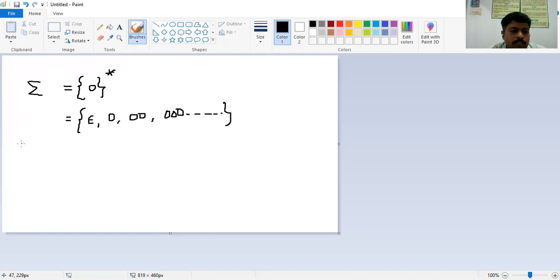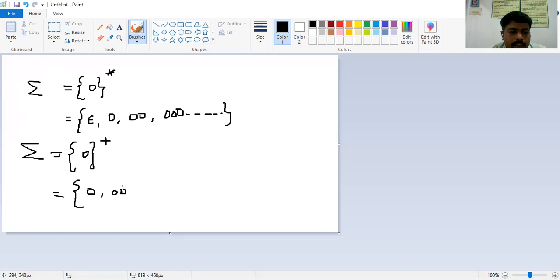Similarly, we can say even the alphabet equal to 0 plus. This is the positive closure I already told you about. In this case, at least one time I want to read the input symbol, that is 0. In the above case, the first input symbol is epsilon, but in this case, the first input symbol should be 0. So 0, one or more times.